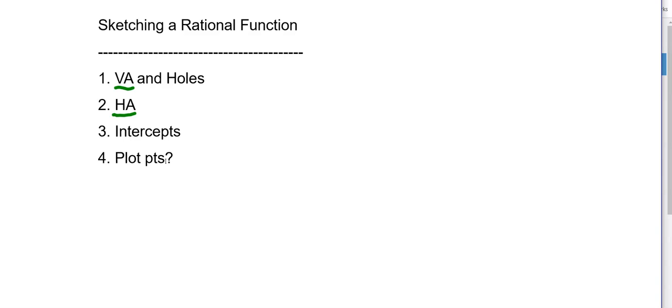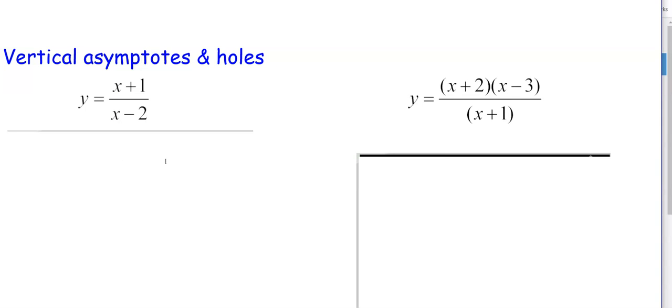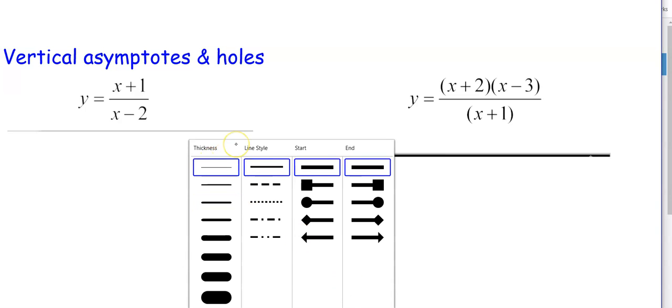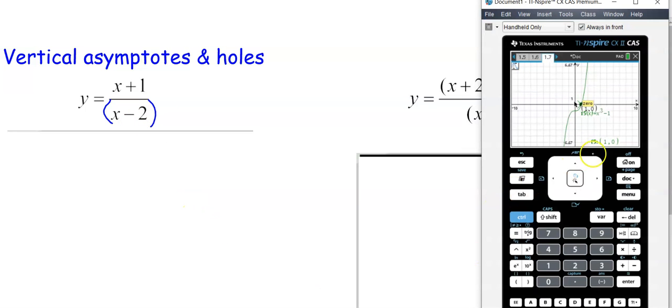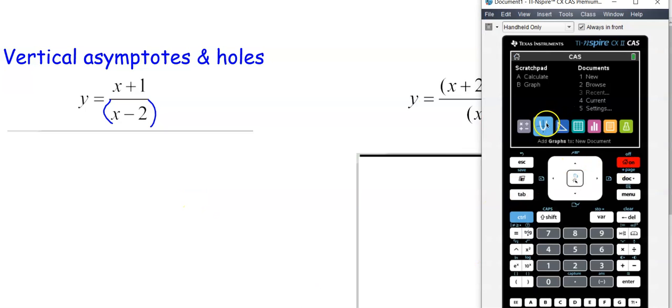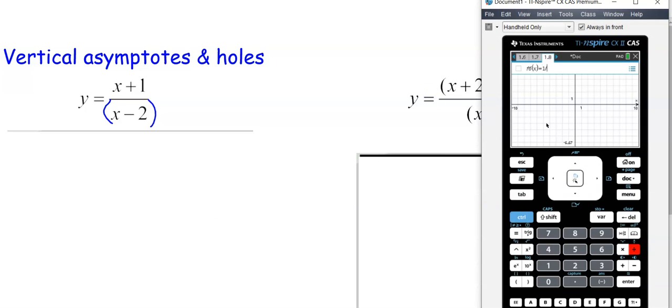So first, let's talk about vertical asymptotes and holes. So let's do 4 graphs, and we're going to find the vertical asymptotes and the holes of the graph. So the way you find a vertical asymptote, you look at the denominator, and you find out when that denominator is 0. If you think about even the graph of 1 over x, let's just graph that for a second. So if you have 1 divided by x,